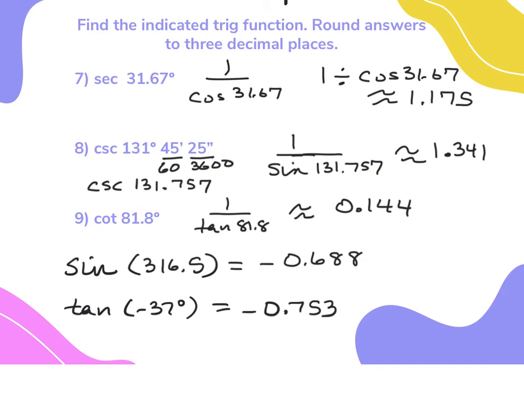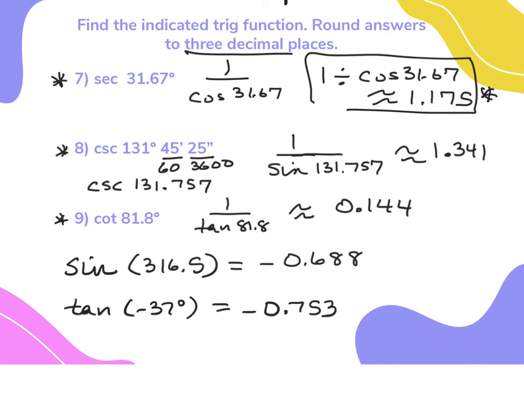This slide is strictly calculator. Again, there are not buttons that have secant, cosecant, or cotangent on them. So this is where we're going to use our reciprocal identities. And you need to memorize that the reciprocal of secant is cosine. So to figure out what secant of 31.67 degrees is, you're going to do 1 divided by the cosine of 31.67, and rounded to 3 decimal places,